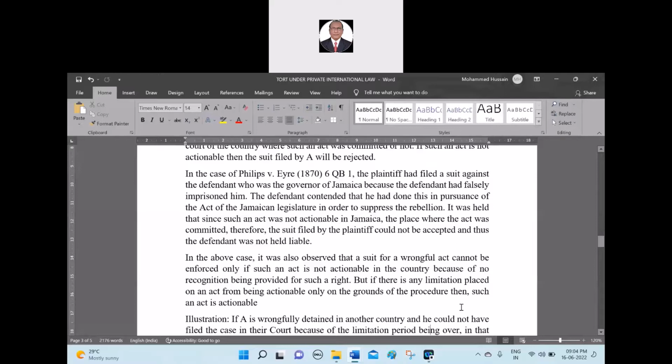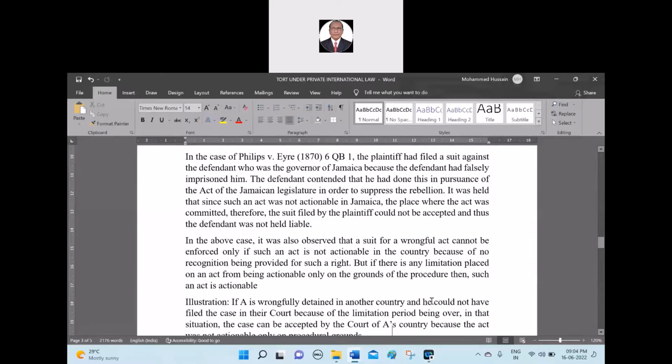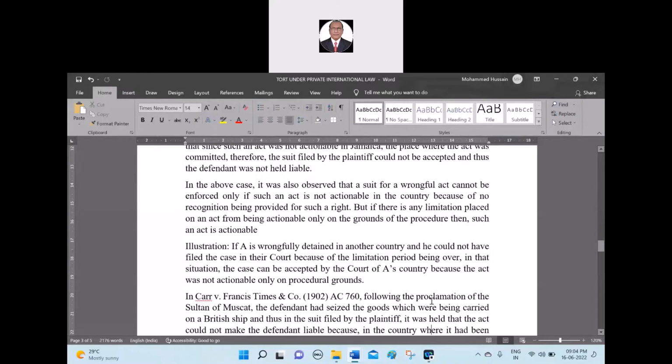Did you get an idea? Okay, let me presume that you got an idea over here. Now let us see further. I am reading an illustration. If A is wrongfully detained in another country and he could not